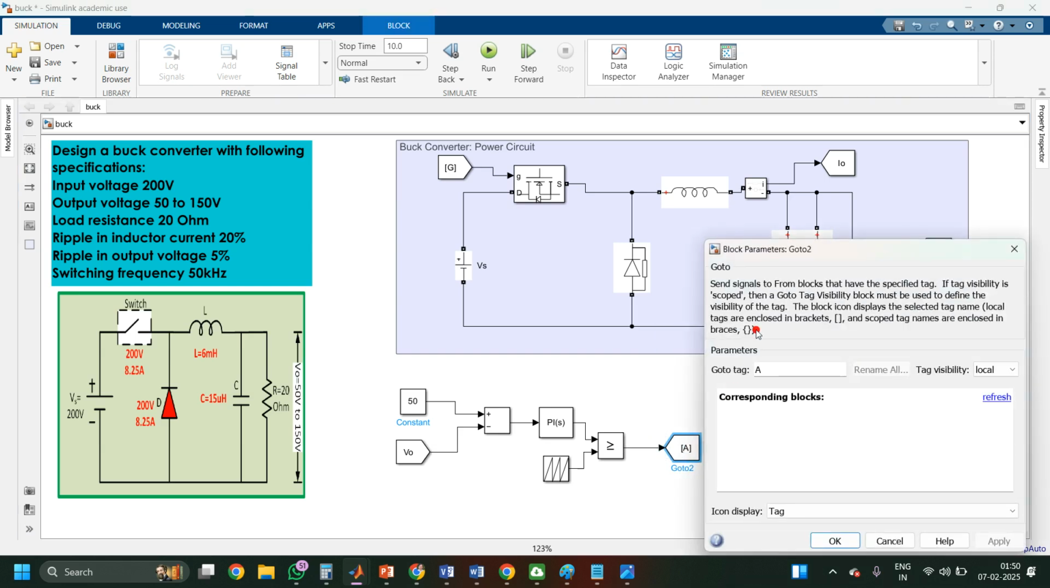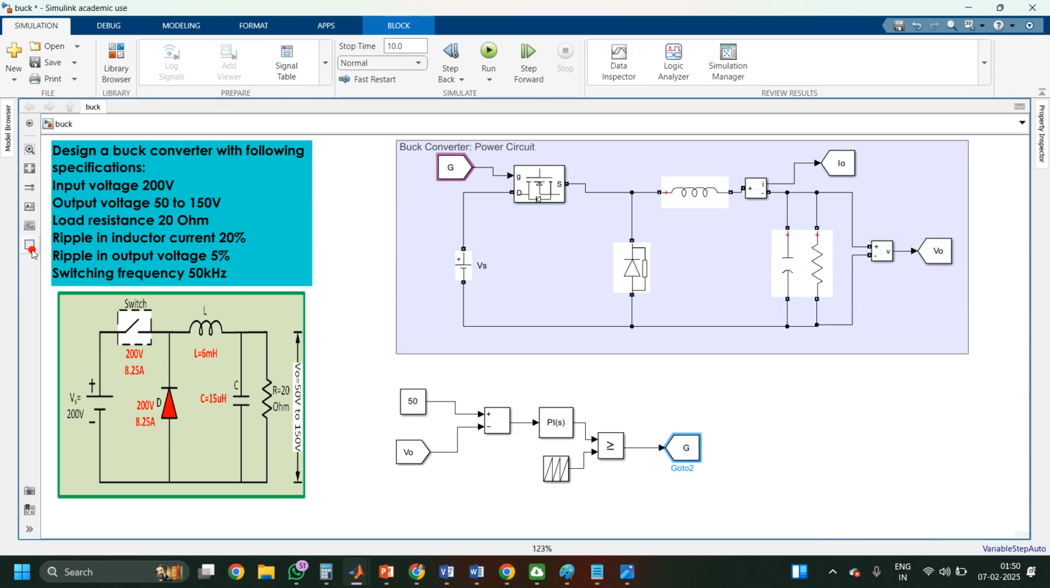So here I'm generating the gate. So gate signal is denoted by G. So I will type it G. Once I type the G, the corresponding block gets highlighted. It means it is connected to this G block. Make it global variable. Apply. Okay. So this is what my controller design. So I will copy in this another area,